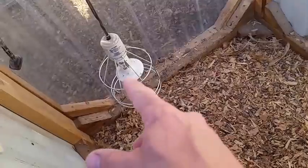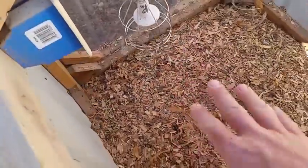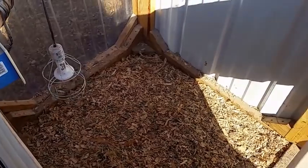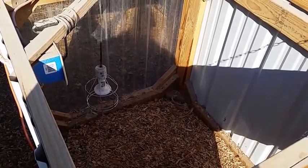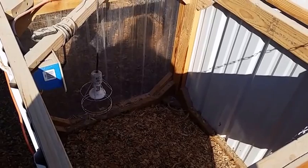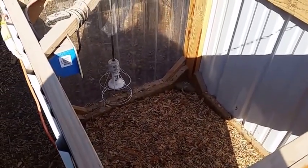The other thing I have is this porcelain reptile heater here. I really like these units. They add radiant heat to the unit, and I've read all sorts of pages of debate about whether you should provide heat to your birds or not. I do, and it works for me, and I think everybody who talks about adding heat as a mistake is dead wrong. I think you need to add heat, but you need to be careful about the type of heat